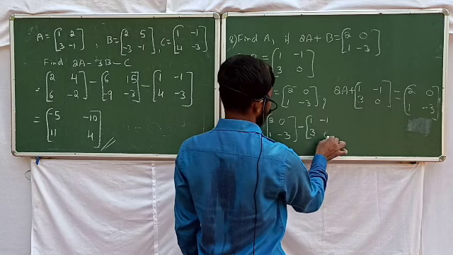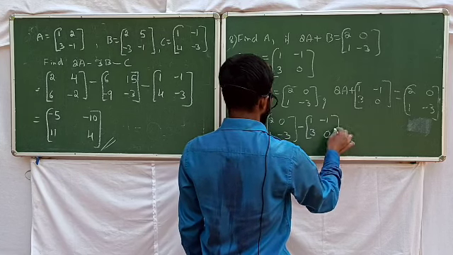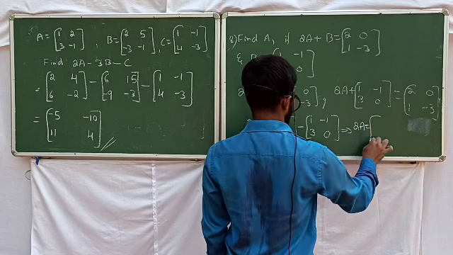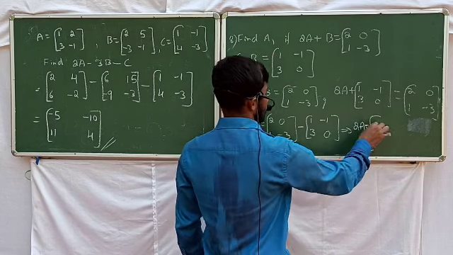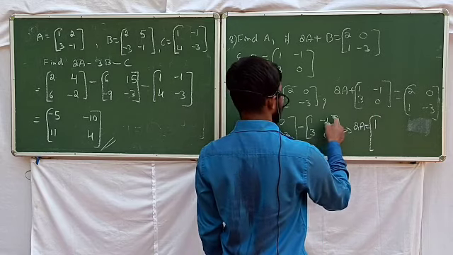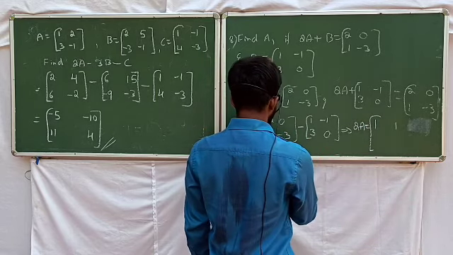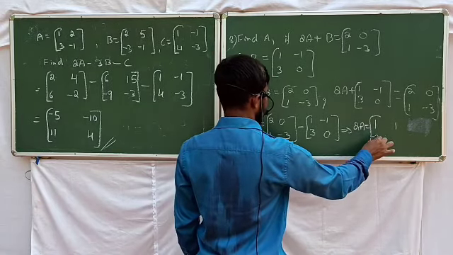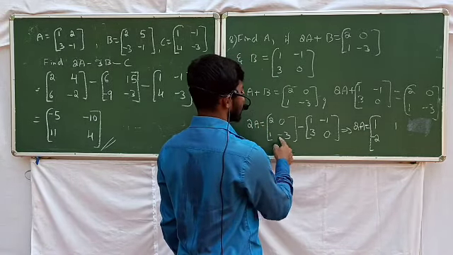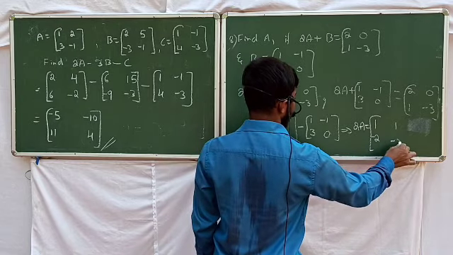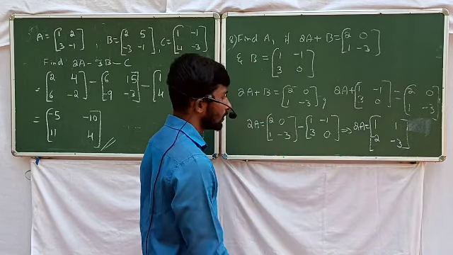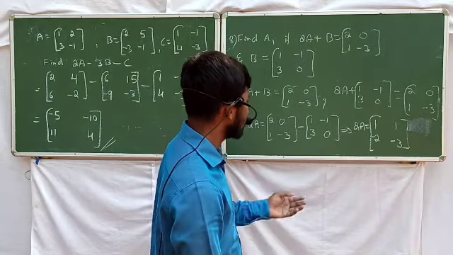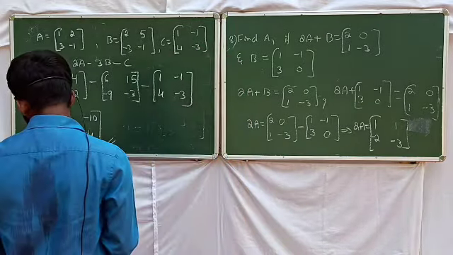1 minus 1 3 0. Now that implies 2a value is equal to 2 minus 1 is 1, 0 minus into minus 1 plus 1, 1 minus 3, right? 1 minus 3, its value is equal to minus 2, minus 3 minus 0, its value is equal to minus 3. Okay, question is find a. Here 2a is there. So next step is dividing throughout by 1 by 2.